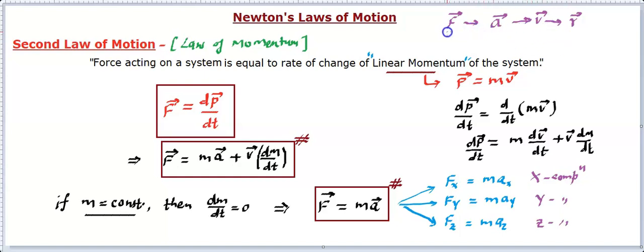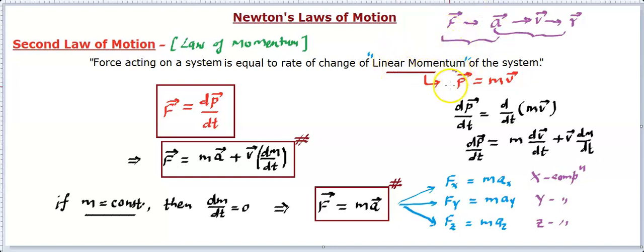For any motion to take place, you need to apply a force. Once you apply a force, Newton's law is used to find the acceleration. Once you know acceleration, you come to the kinematics and find the velocity. Once you are able to find velocity, you can further calculate the position. That means you know when a motion started, how the motion started, and how it is going on. So you can describe the motion as well as know the cause of it. That's why the second law is the most important law, because it relates kinematics to dynamics, or we can say dynamics includes these two. So this is something that connects the two chapters together.